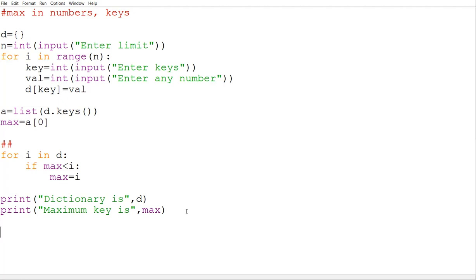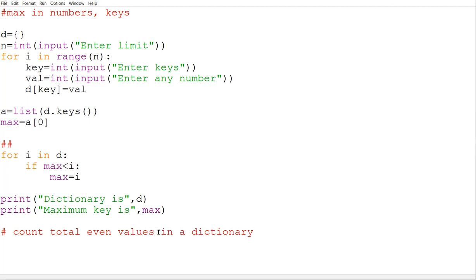Now I'm giving you a few more questions. Questions are good. You have to do it by yourself. First is count total even numbers in a dictionary, even numbers meaning values only.